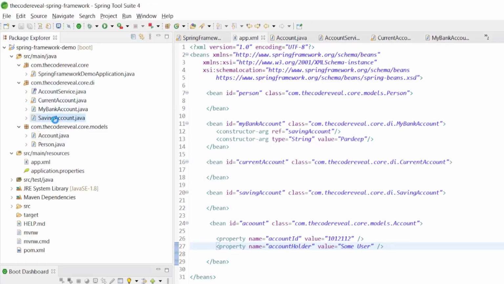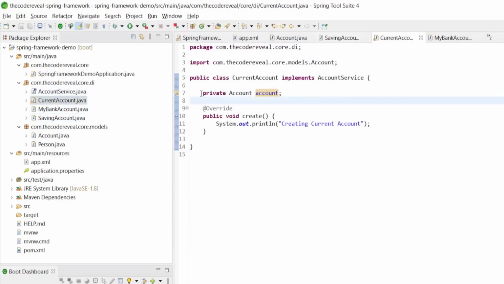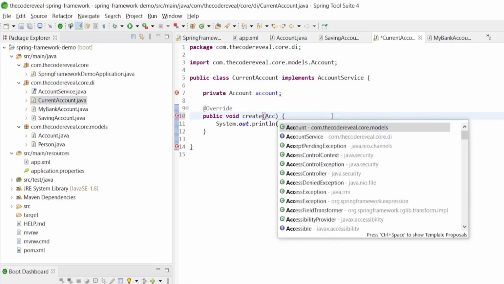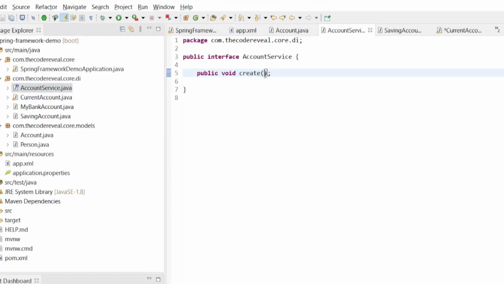Now in the saving account or in the current account, we are declaring account, and let's pass the account here. Let's pass the account here also.